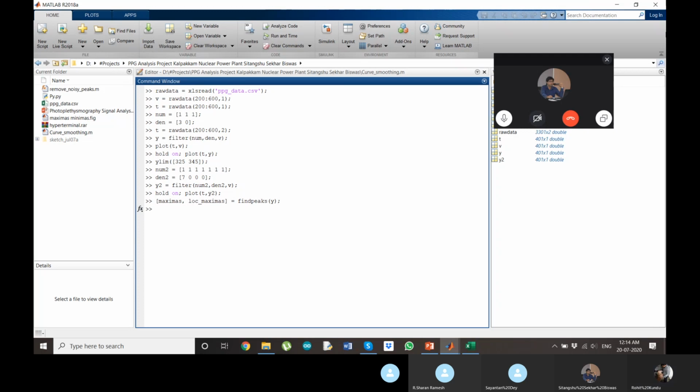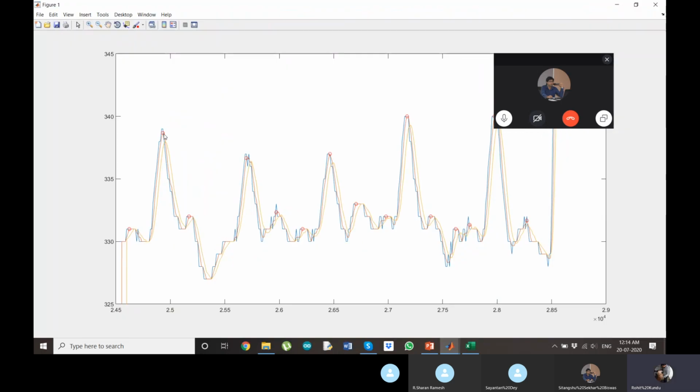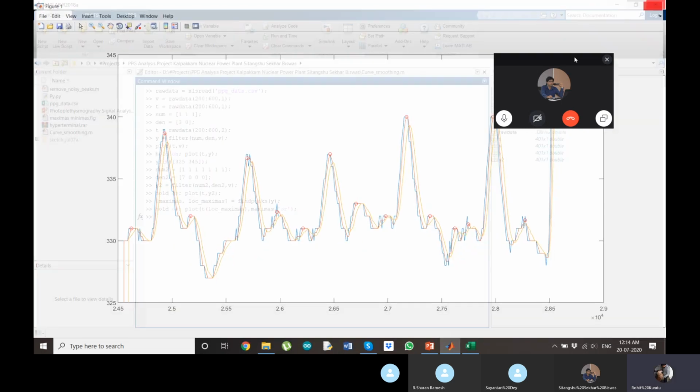So, and for locating the maximas, this third argument is just how I want to show the maximas, as it will be just orange circles. You can see the maximas. Okay, I'll just plot again.